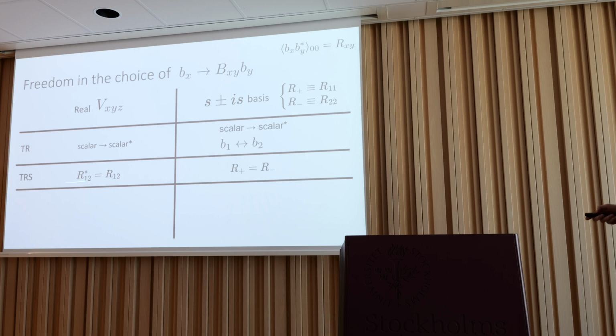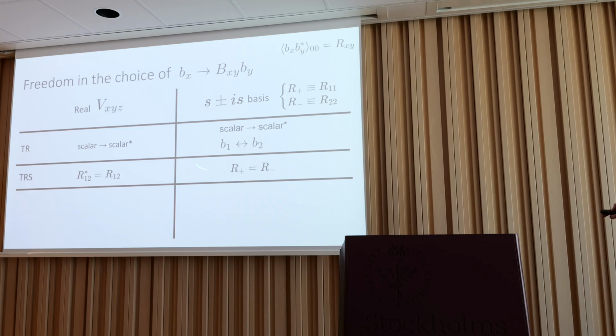Right, and then the system is time reversal symmetric if in this interpretation the propagator R12 is real. You can also imagine that if you put the same position space and so on, this criterion basically says that B1 B2 star is real, so the imaginary part of that is 0. This is equivalent of, for example, what Julian was saying, or the interpretation of that phase difference in this case is 0 or pi between the different bosonic components. In the other representation, the S plus minus AS basis,